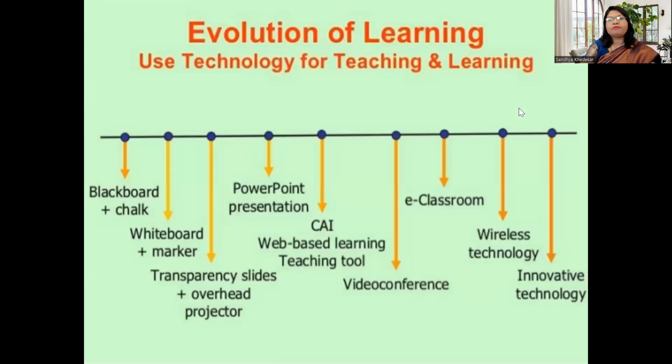And if we think of the evolution of learning and using technology for teaching and learning, we were using blackboard and chalkboard earlier. Then we shifted to whiteboard and marker. Then we shifted to transparency slides and overhead projector. Then we shifted to PowerPoint presentation, CAI, web-based learning teaching tools. CAI is computer assisted instruction. Then we shifted to video conferencing, e-classroom in the pandemic situation, wireless technology,